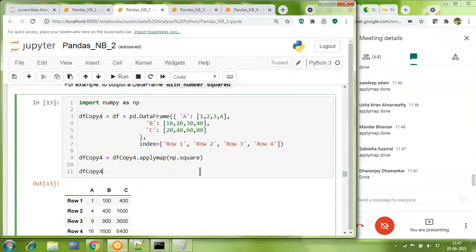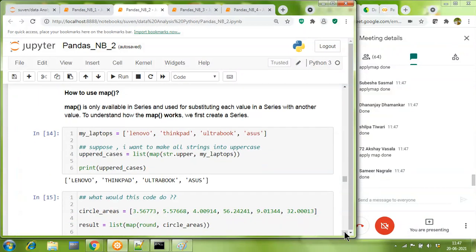Okay, so lots of people have said that apply map is done. That motivates me that I should move further.